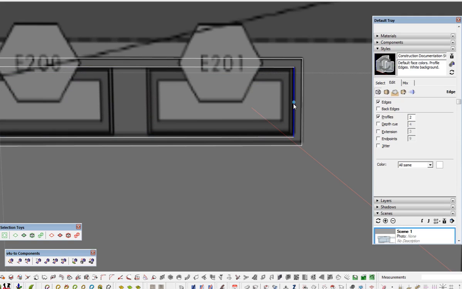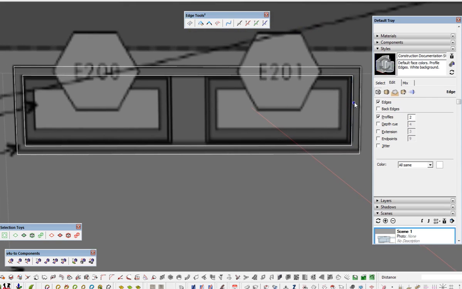I like to use the divide edge or split faces tool. Sorry, this is in the edge tools, and this is the first icon here, and it allows you to do something very similar to what the tape measure tool is. So you can take an edge and just pull it across, and you can very quickly start to lay things out. And I'll go between, say, that and